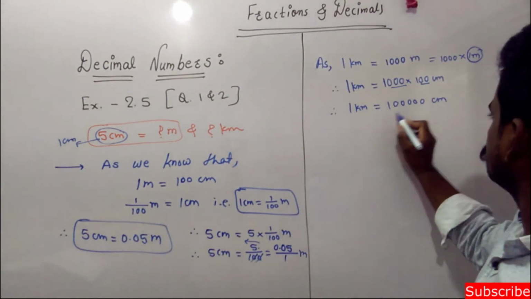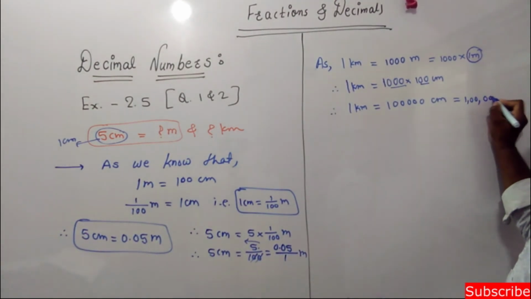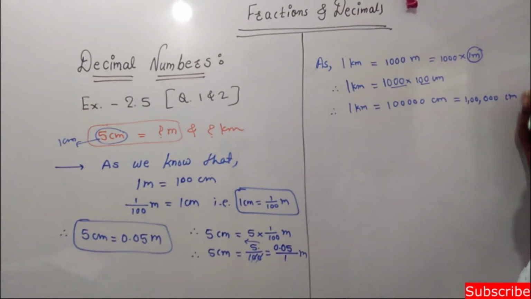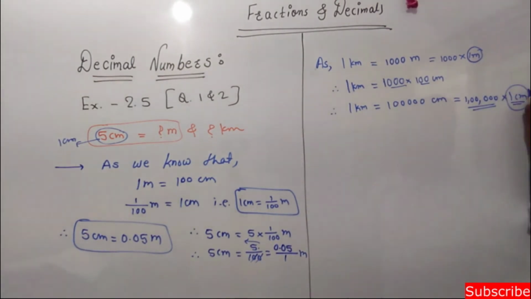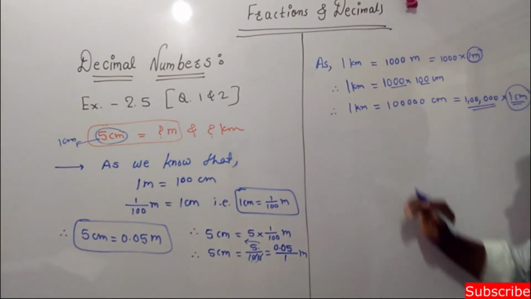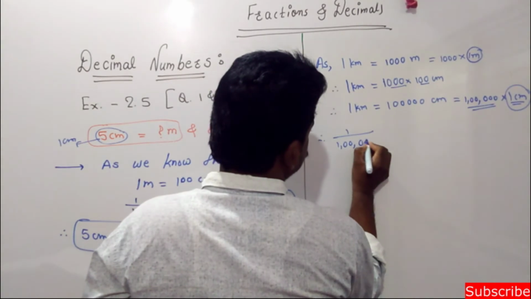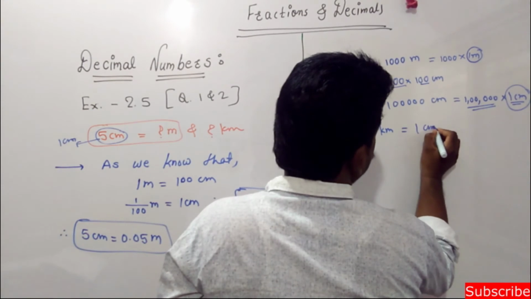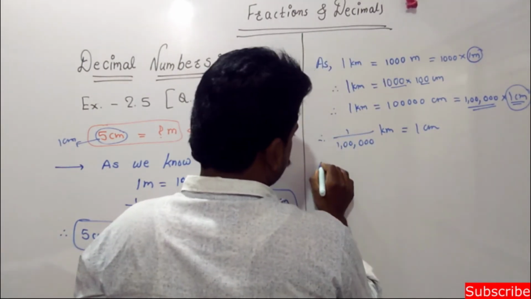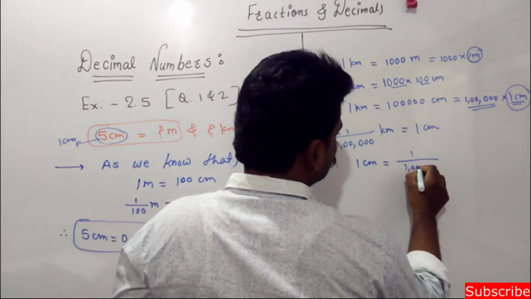Okay, 1 centimeter. So can we write like this? This is 1 lakh. So 1 lakh into 1 centimeter. We will keep this 1 centimeter on this side only and transfer this 1 lakh to the other side. So we'll get 1 upon 1 lakh kilometer is equal to 1 centimeter. No problem. That is nothing but 1 centimeter is equal to 1 upon 1 lakh